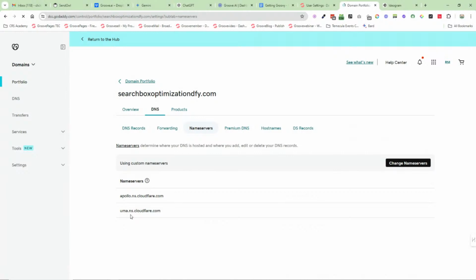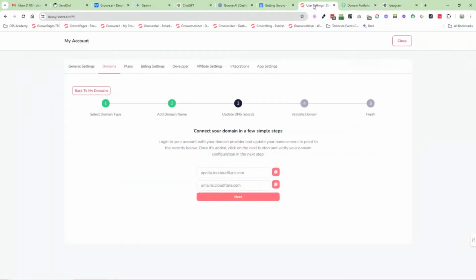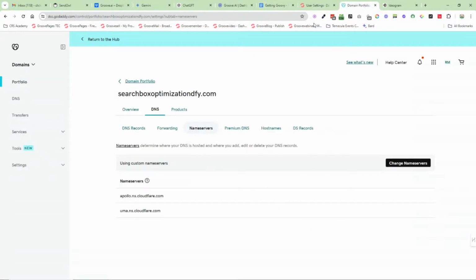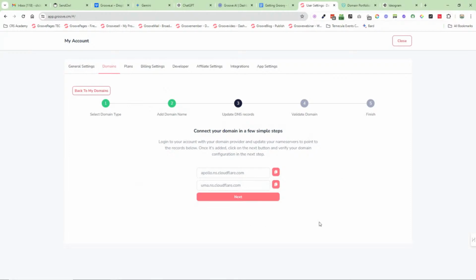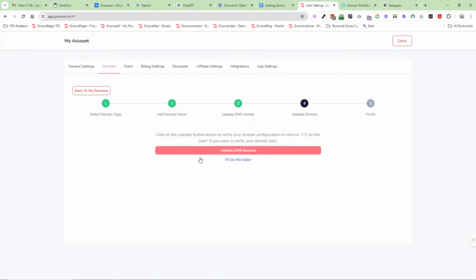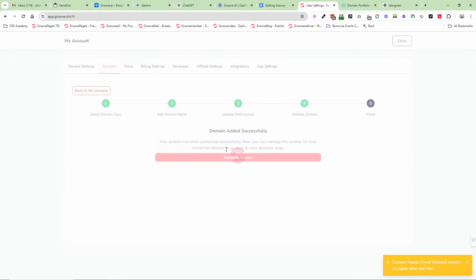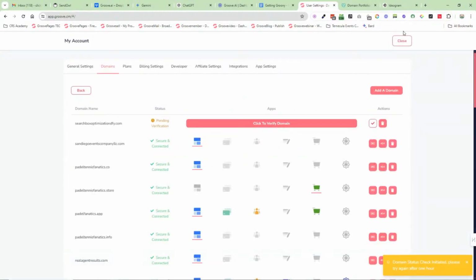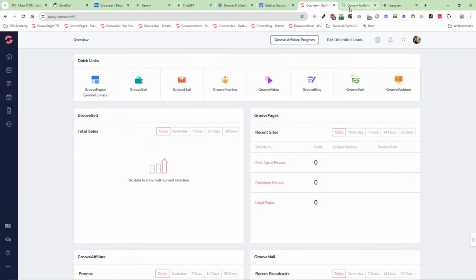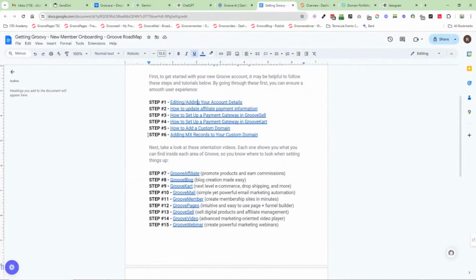So we can see we have Apollo and Uma there. Normally, because it takes time, and GoDaddy normally tells you it can take 24 hours, when I try and validate, it will give me a little yellow box down here. We will have a look. So we need to click validate DNS, and we want the green box. If it's yellow, we'll come back. It's normally yellow, which is exactly what it is. And then you can see now I've got to come back here to verify that domain. So step number 6 I can't do right now because my domain hasn't been completed and verified.